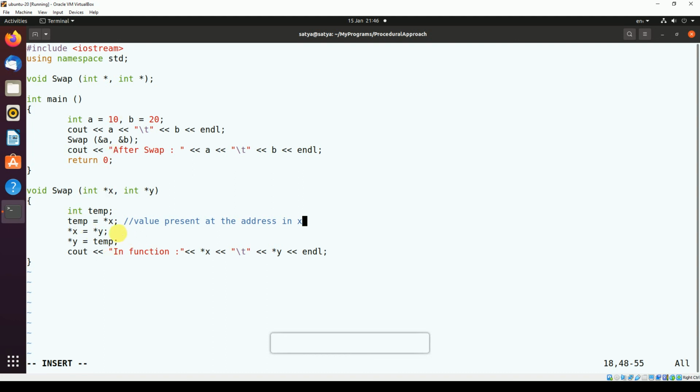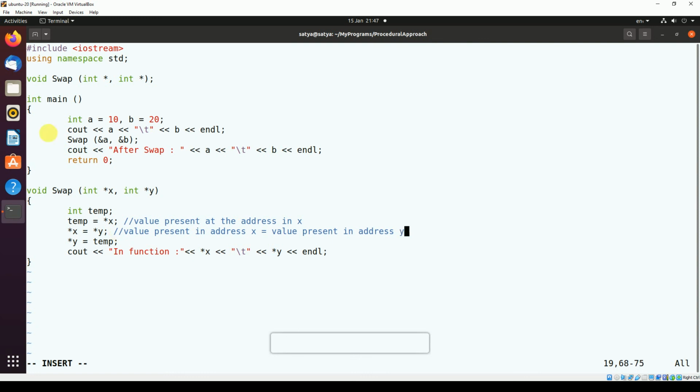So later what we are doing here, star x equals star y: the value present in the address in x is equal to the value present in the address in y.